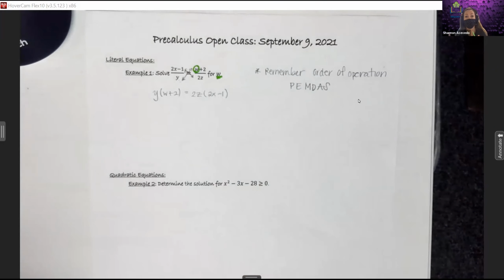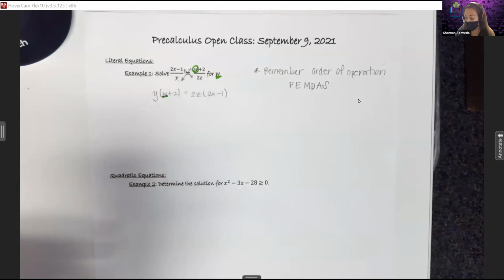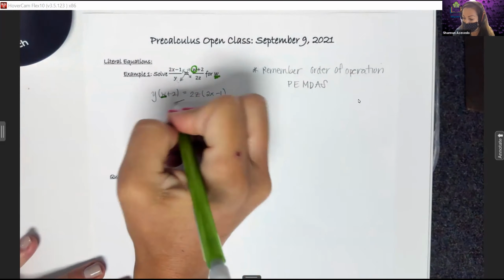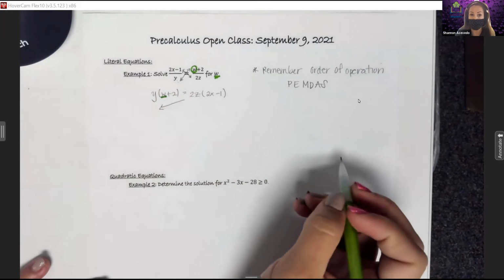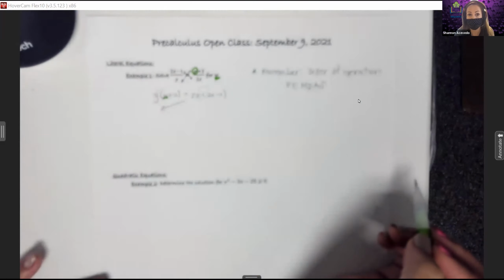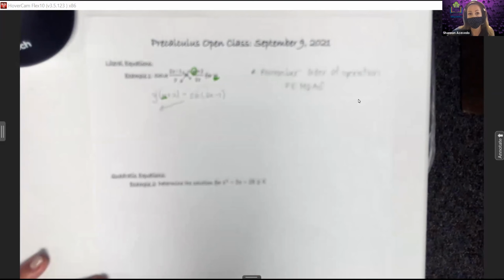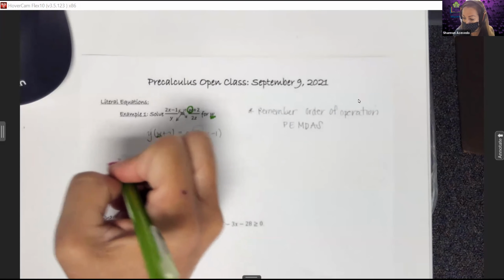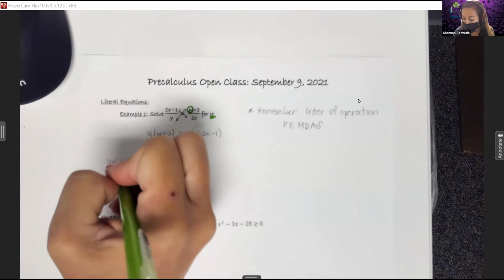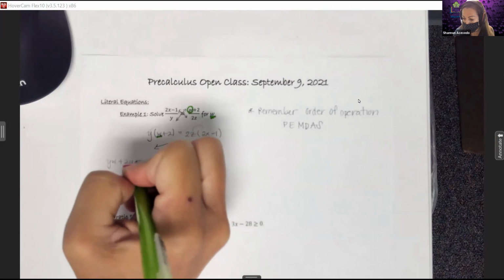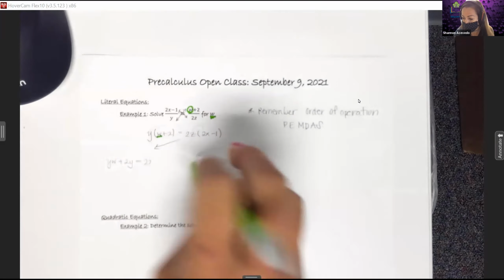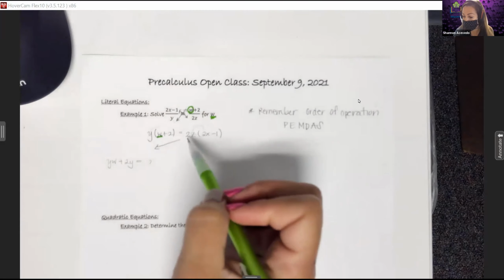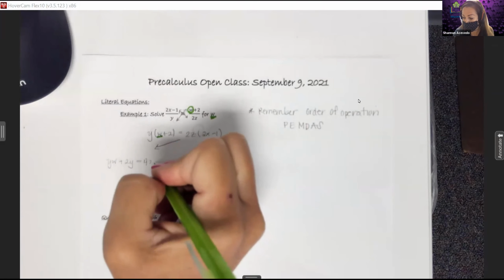All right, so from here, I can look at this two different ways. Again, I'm trying to solve for my W. So way number one could be where I go ahead and distribute this y to each piece, this 2z to each piece. So when I do that, I get yw plus 2y is equal to, it's going to be 2 times 2 is 4xz